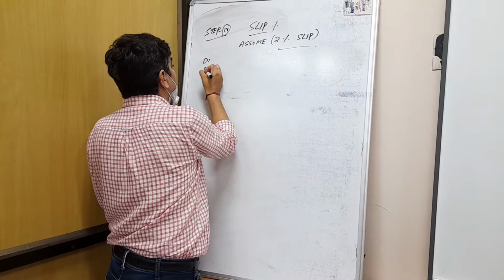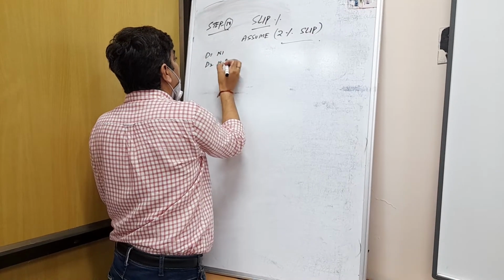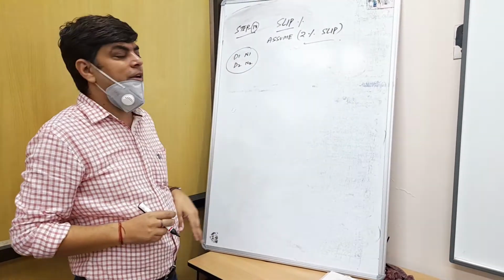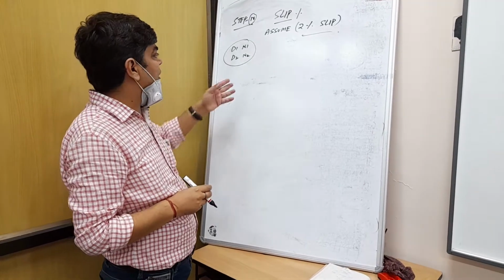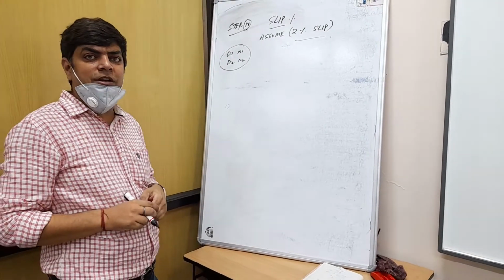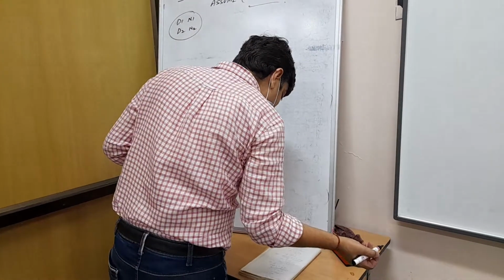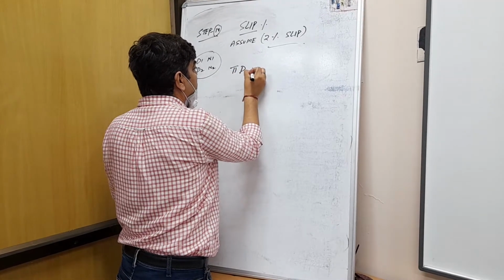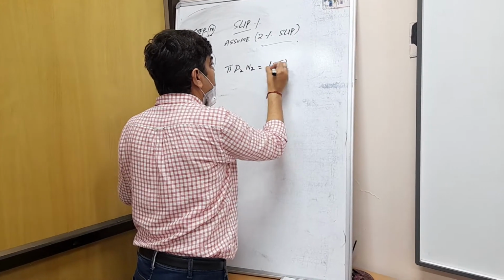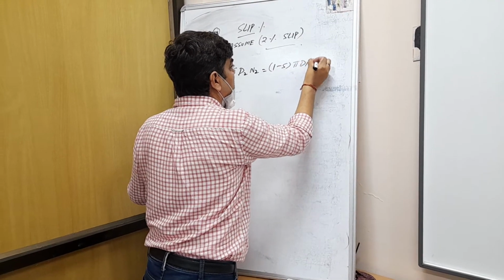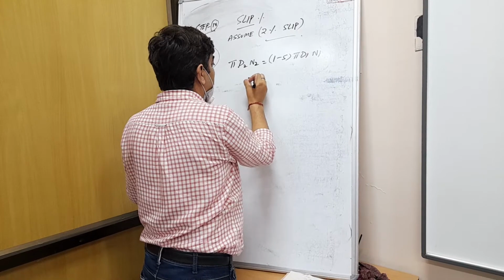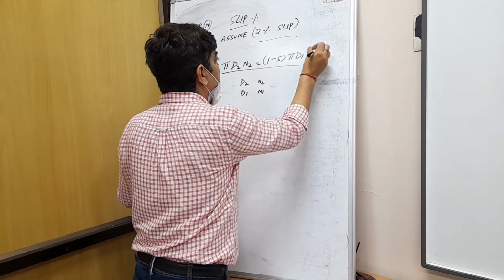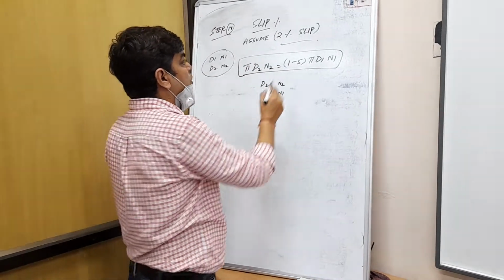your D1, D2, N1, N2. Now, using this concept of slip, you can determine any one of them. If some of the inputs are available to you, let us say N1, N2 or D1, D2, and one unknown is there, you can determine it. So you can use the relation pi D2 N2 equal to (1 minus S) into pi D1 N1. Accordingly, you can calculate either D2 or D1 or N2 or N1. So this relation you have to remember. That is how slip is instrumental.